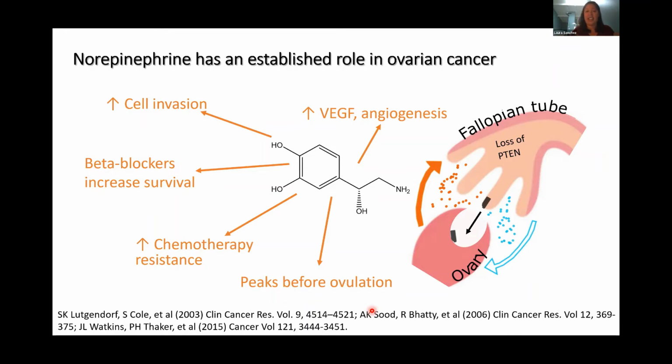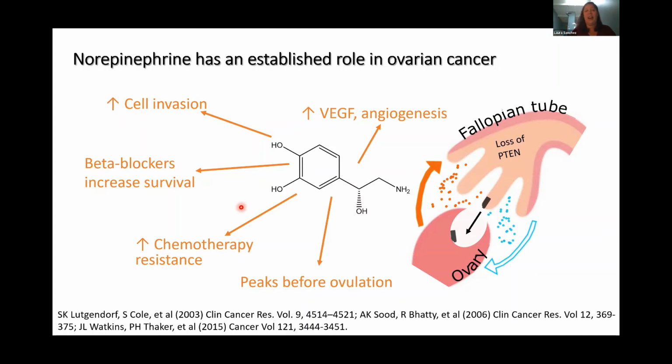So they were screening these things at 1 and 10 micromolar. They described all this with norepinephrine, and then went back and actually did a retrospective study in women and found that women taking beta blockers when they had ovarian cancer lived 60 months longer. So there was already an immediate translational value, but the question is, what is the source of norepinephrine in the